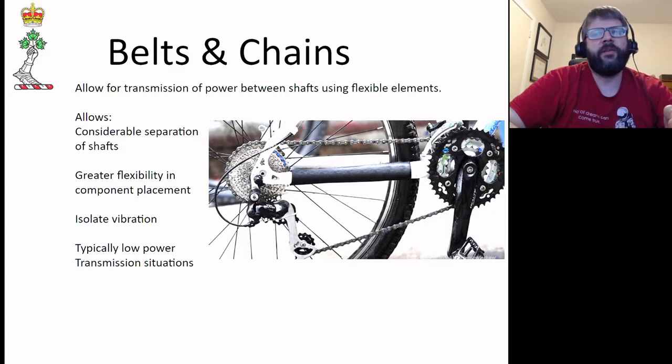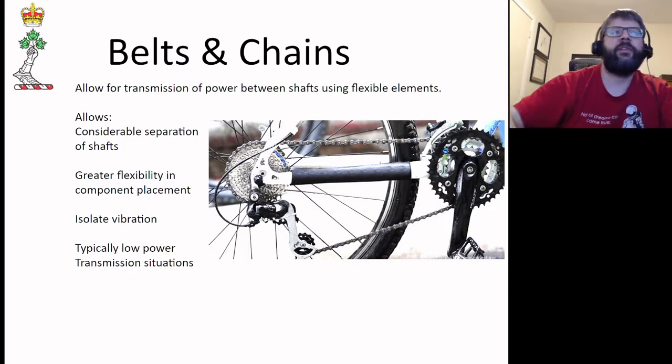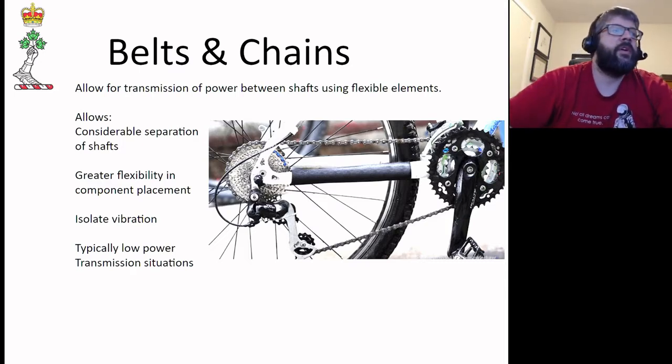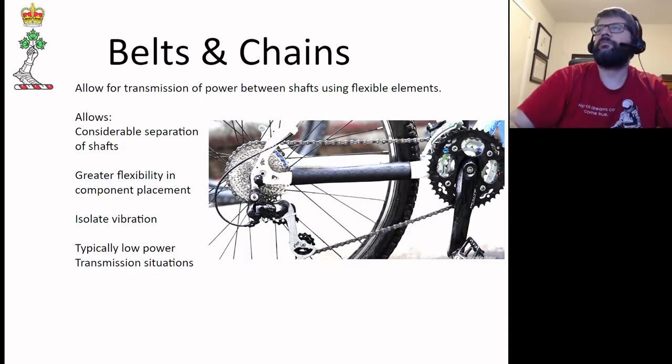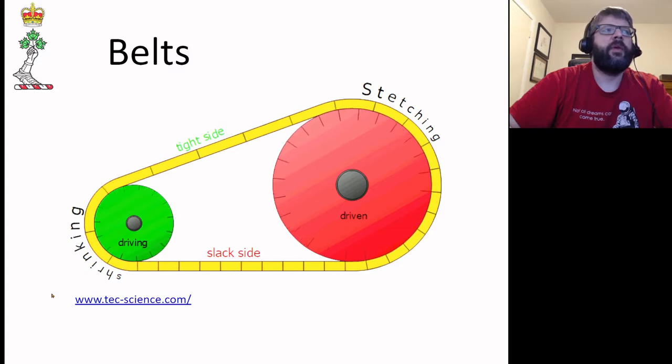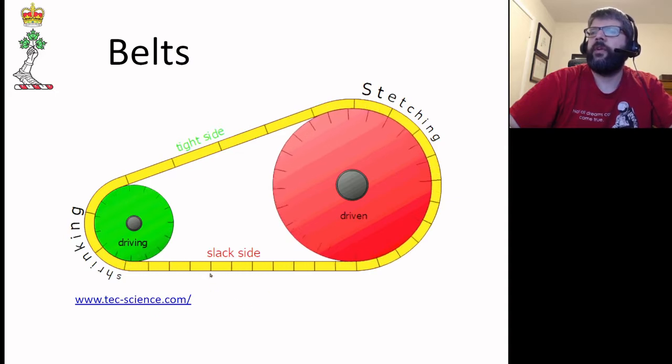Downside, typically low power transmission situations. If you're talking higher power stuff, then some sort of gears might be more suitable. So if you need to offset that, then you could perhaps accomplish that by a pair of bevel gears, perhaps. But the manner in which they work,